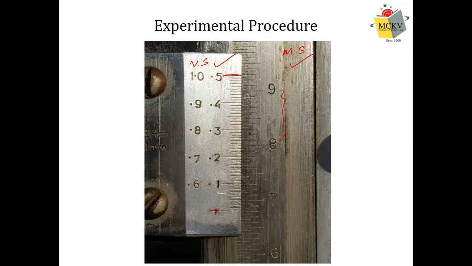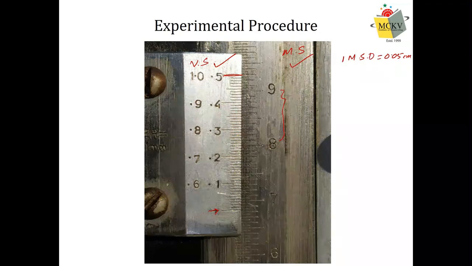Generally, in our normal scale, millimeter scale or the scale we use for slide calipers, the total number of divisions in between 1 centimeter is 10. That means 1 centimeter is divided into 10 divisions. So the value of one smallest division is 0.1 centimeter, and that is the least count of a linear scale. The smallest value that can be measured in a normal scale is 0.1 centimeter. But now we have divided 1 centimeter into 20 divisions. That means one main scale division now becomes 0.05 centimeter. That is the value of one smallest main scale division.